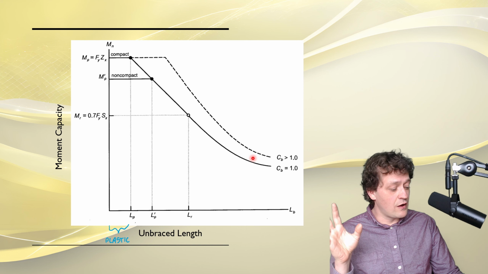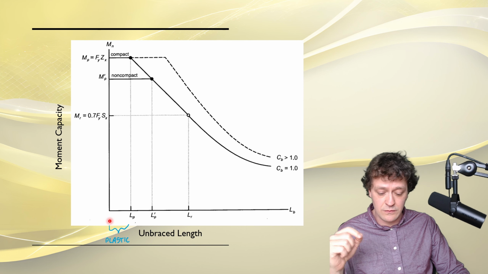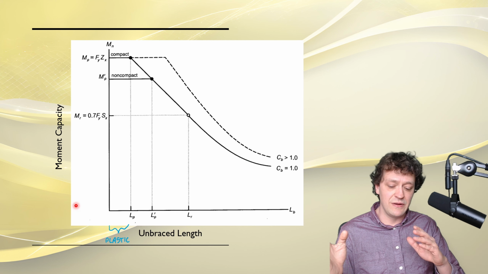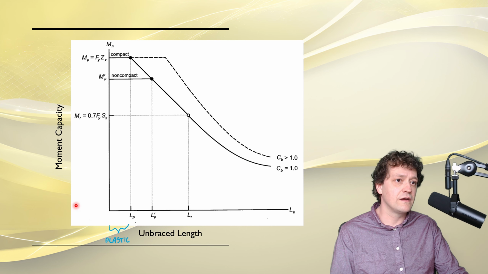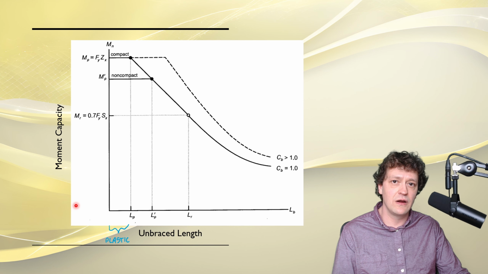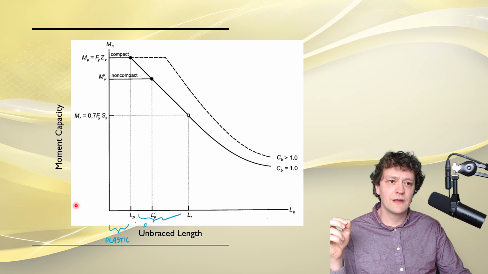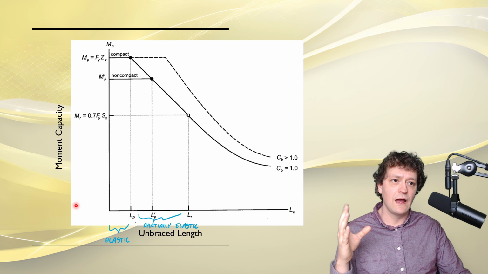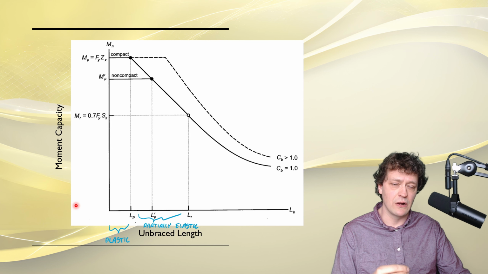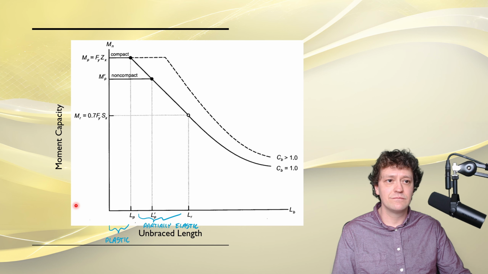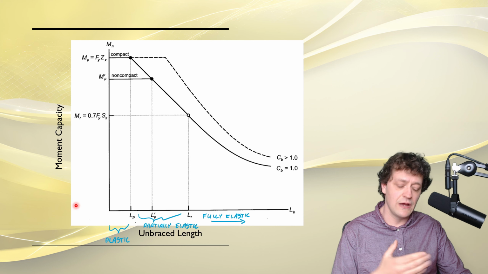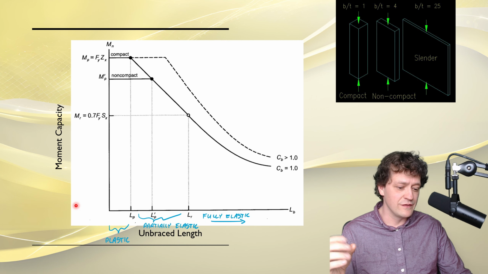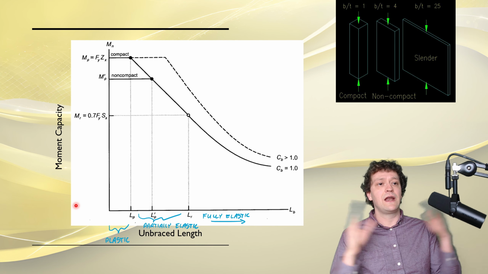So then in terms of the strength of the beam, you see down here, between 0 and L sub P, that's where your beam is going to be experiencing plastic deformation as its primary mode of failure. Between L sub P and L sub R, you have a partially elastic lateral torsional buckling, and we'll be looking at that a little bit later. Beyond L sub R, you've got a fully elastic lateral torsional buckling, and once again, we'll look at all that. But before we do, we're just going to kind of get back to